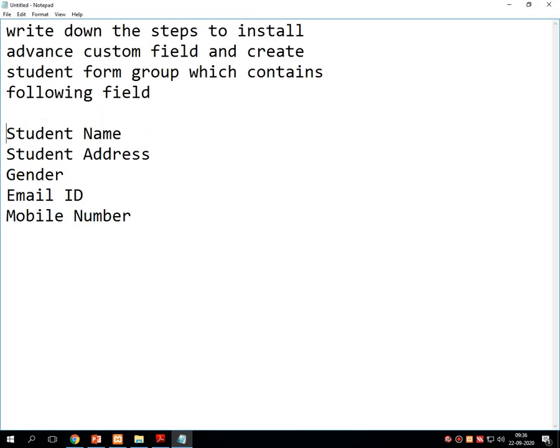These are the group of custom fields we have to take.